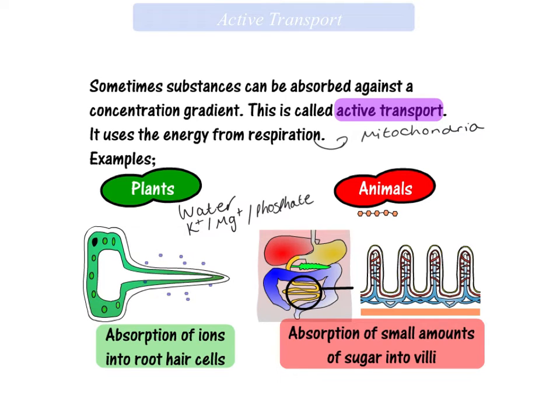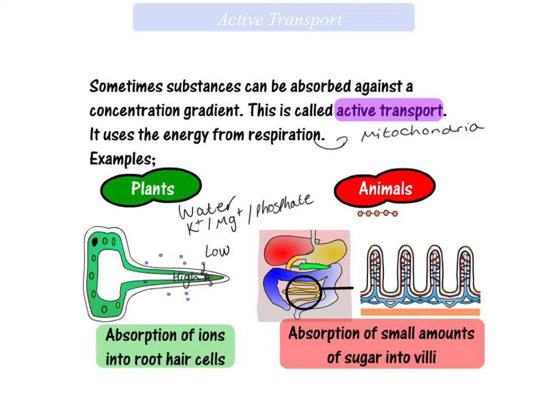However, they're actually in quite a low concentration outside the roots, and there's a higher concentration within the roots. So we use active transport then to bring in the rest of the ions that we need, okay? Because we don't need them outside in the soil, but we really need them in our roots to transport around